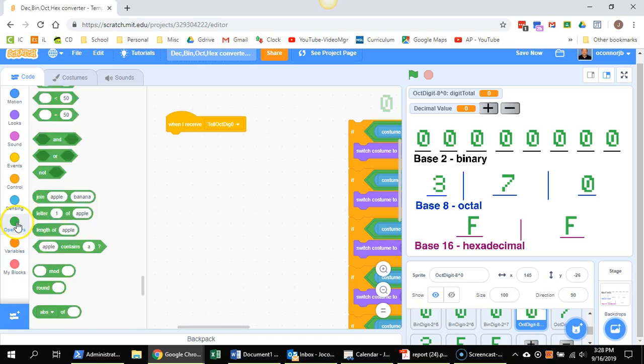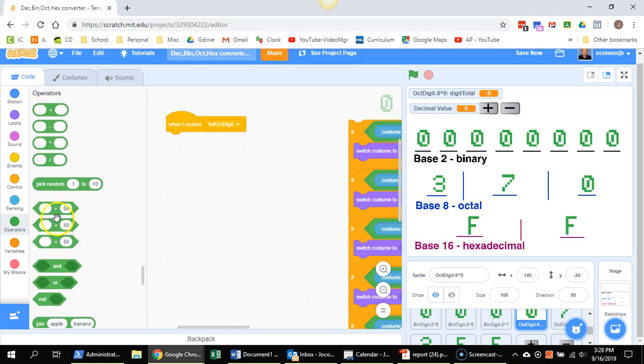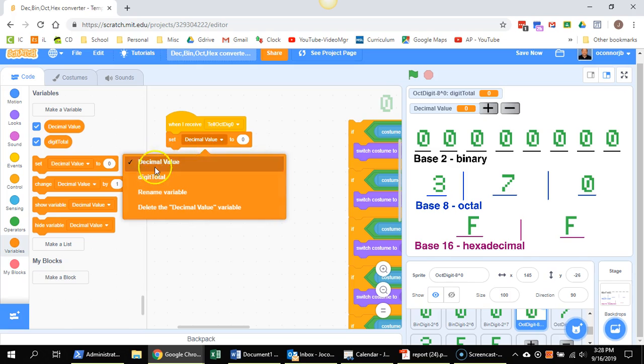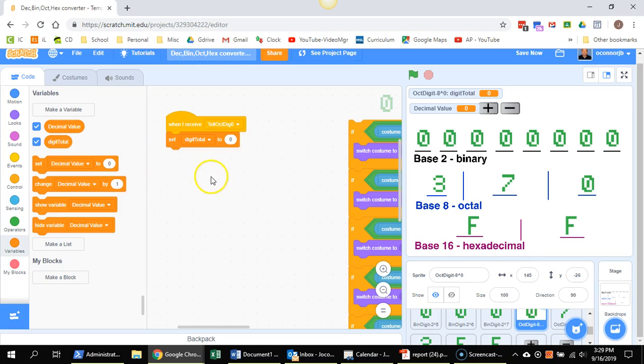Alright, and then I need a set statement. So I want my digit total to be equal to,